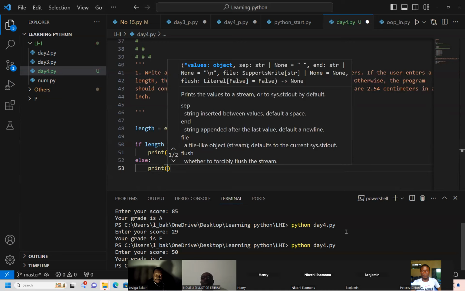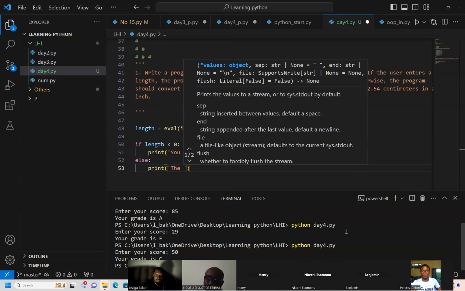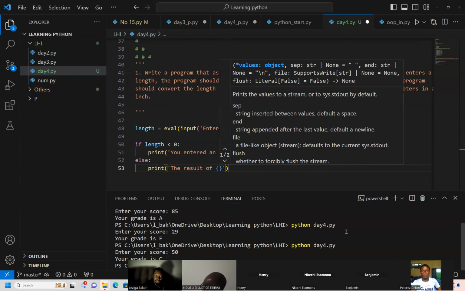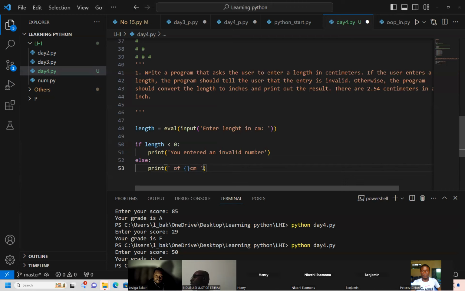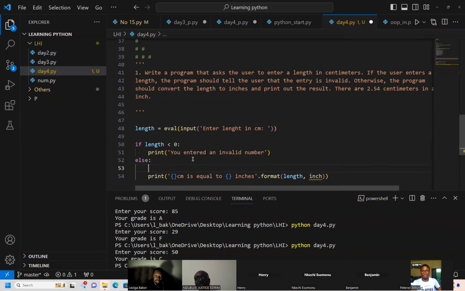I'll use the f-string now, but let me just do this and see. Inch will equal to